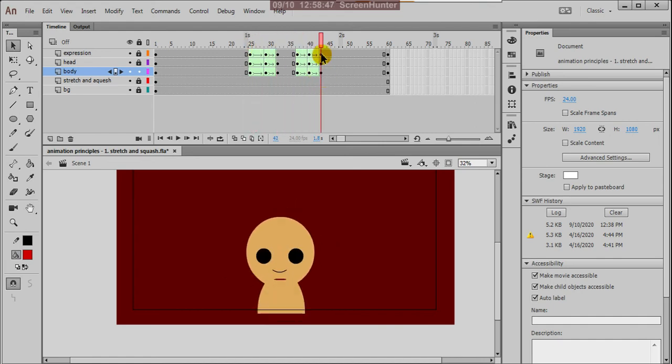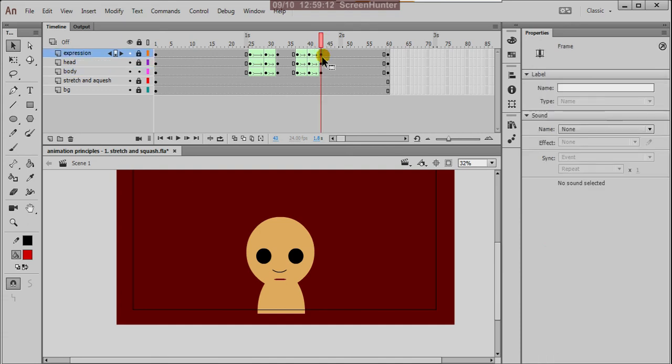After this, you have to allow a few more frames to rest the audience's eyes. Suppose you don't allow at least these many frames: after completing this action, it immediately connects to the first frame and it can become a quick loop action. To avoid that, you have to allow the same frames up to here.